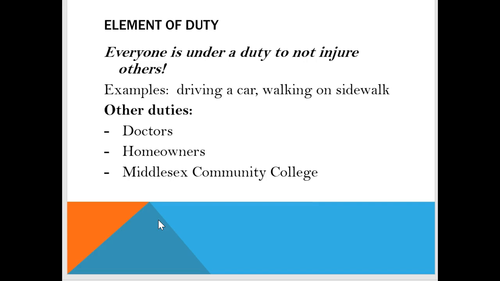Now, to make this different from strict liability, I want you to realize that I've been using the word reasonable, and that is because the duty is one of reasonableness. Do we have a duty to be absolutely perfect? When Target clears its parking lot and sidewalks of snow and ice, does every little speck of ice have to be picked up? Of course not. That wouldn't be reasonable. But it would be reasonable to clear as much of the snow as possible, put down salt, put down sand, maybe put a sign that says slippery when wet or to be careful. That's the duty of care that we're talking about.